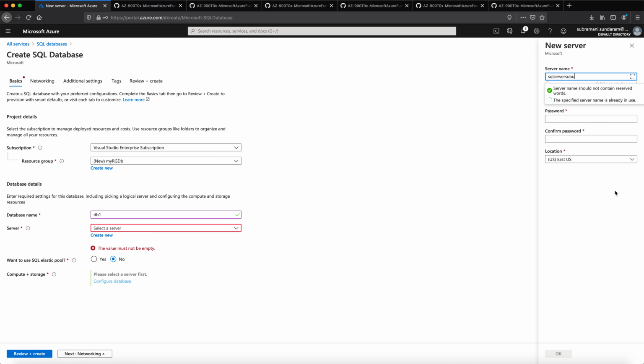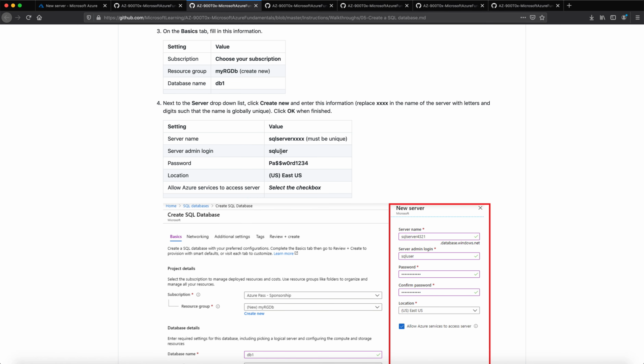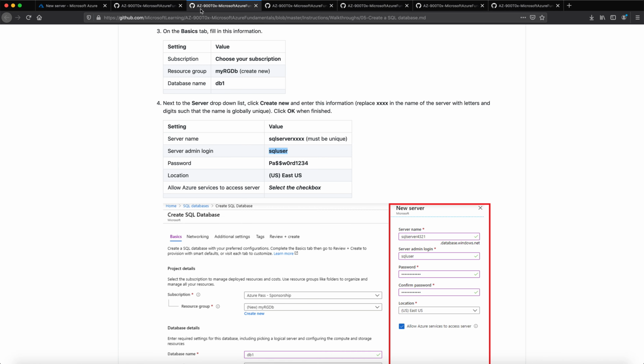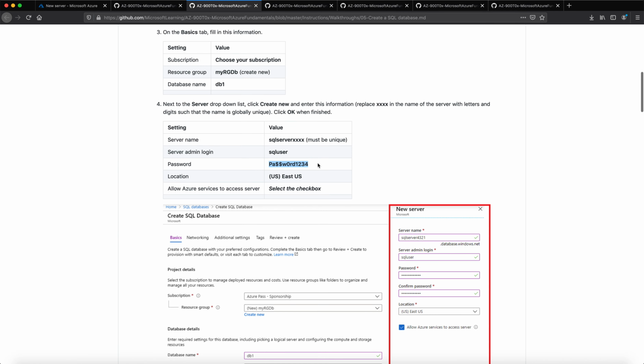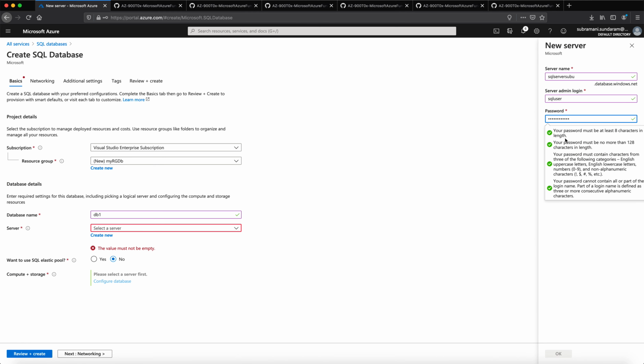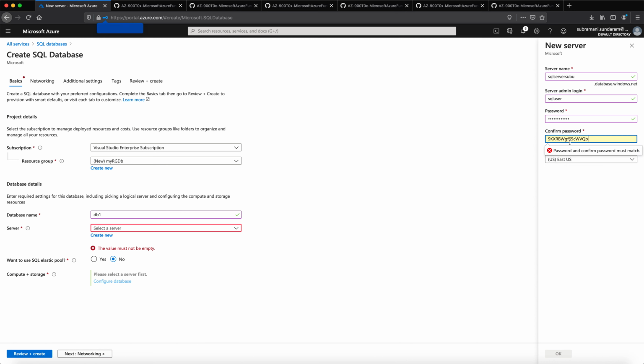The name should be unique. Okay, it's available now. I'm giving the username here, and then I'm giving this as a password and confirming the password.